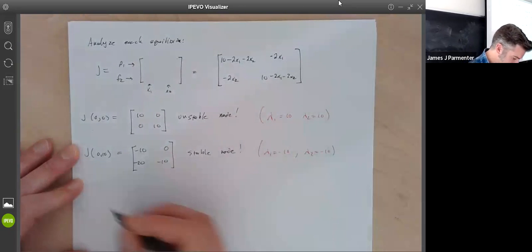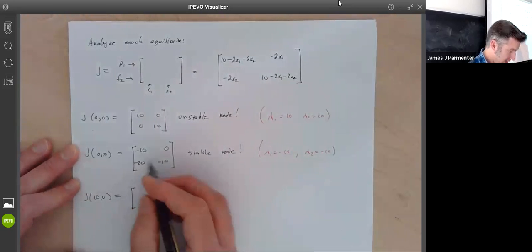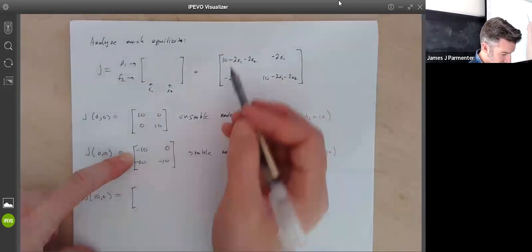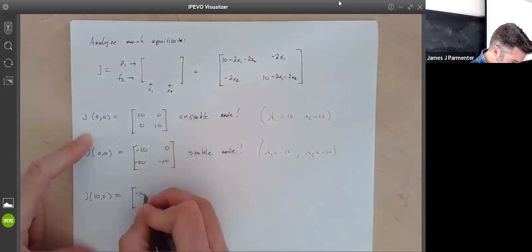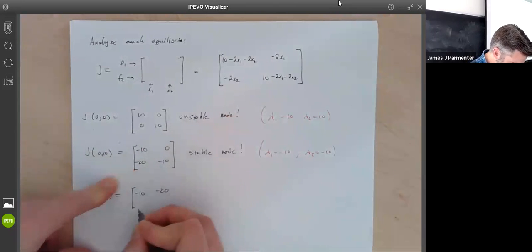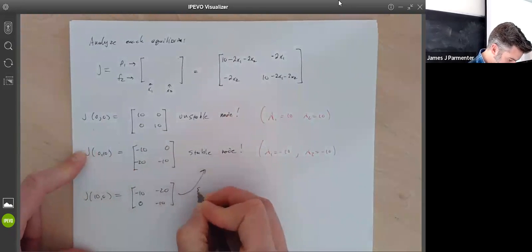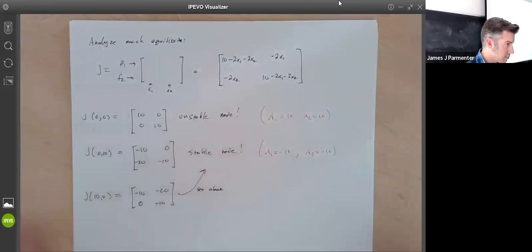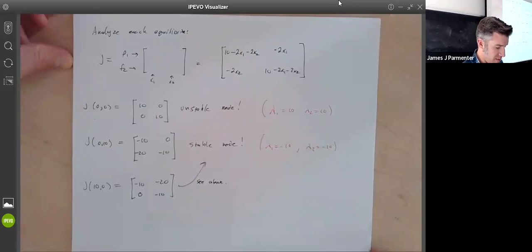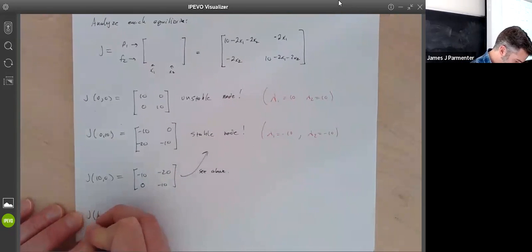We're going to have the same thing happen at the other point, 10, 0. We plug in 10, 0, we're going to get exactly the same thing because of the symmetry here. I plug in 10, 0, I get 10 minus 20 minus 0. Oh, and not quite the exact same thing. I'm going to get a negative 20 here. I'm going to get a 0 here and a negative 10 here. So it's also a stable node for the same exact reasons as the previous one. The eigenvalues are both negative 10 and negative 10. And then finally, our last